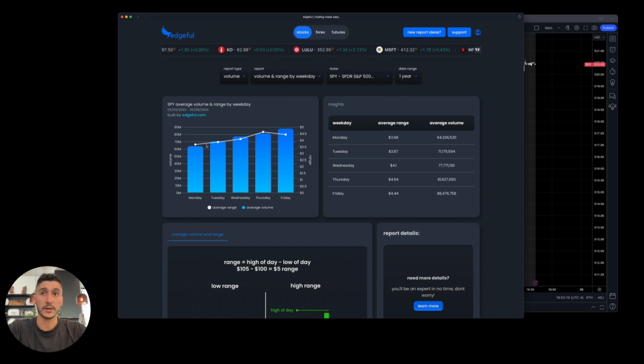The other way to capitalize on this is as an options seller. Mondays are very well suited for you, because there is low volatility, low range, low volume, and if you're trading the 0 DTEs, that premium decays very, very quickly. So it's very easy to capitalize on this type of environment on those days,